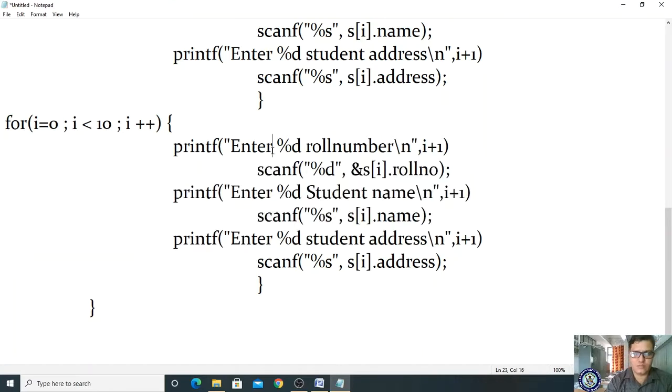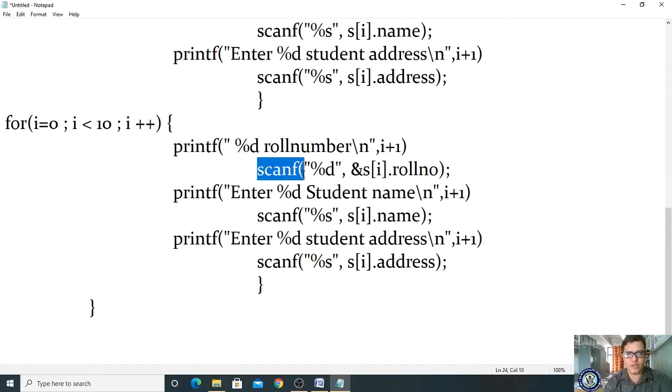And %d roll number, first roll number, you are displaying. Here instead of scanf, it is printf. Printf double quotation %d, right? Ampersand is not required now, that's all.